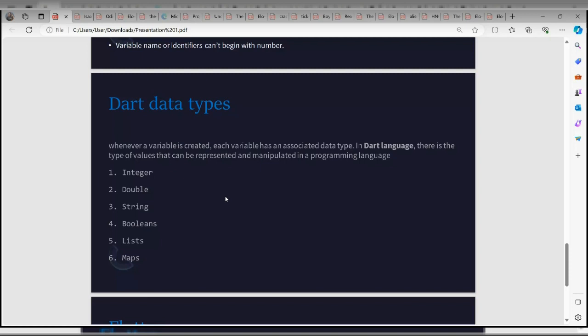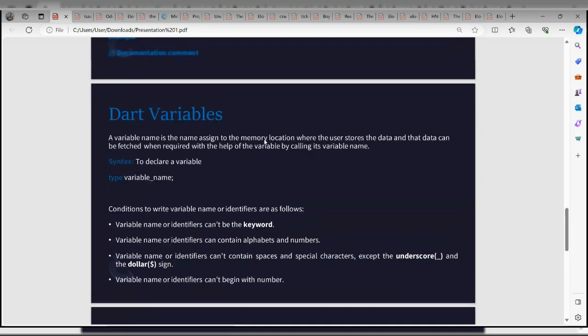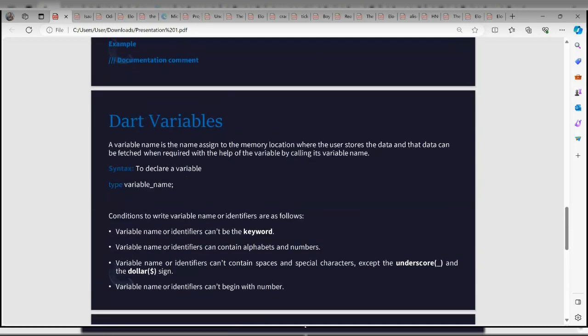So integers, using it as a data type, is used like what my friend Sahid typed here. To declare a variable as an integer, we use int. So if we were to declare this variable name to be of type integer, in place of type we'll have int.